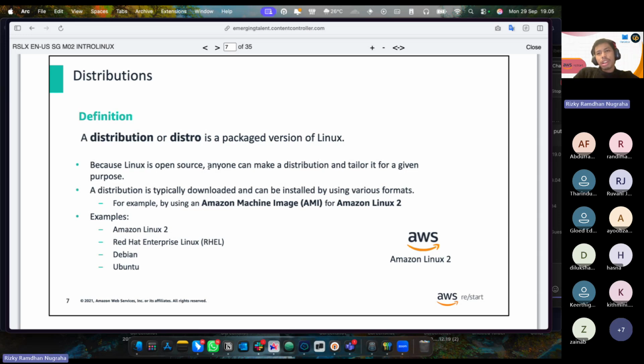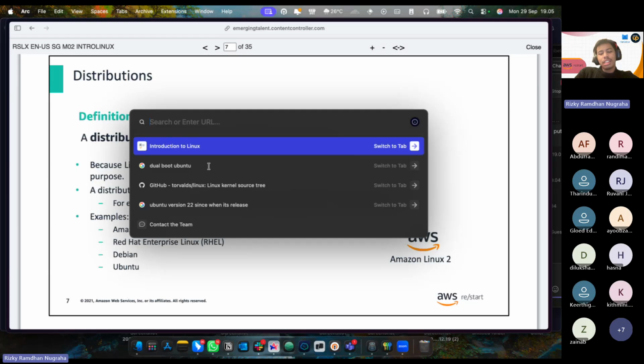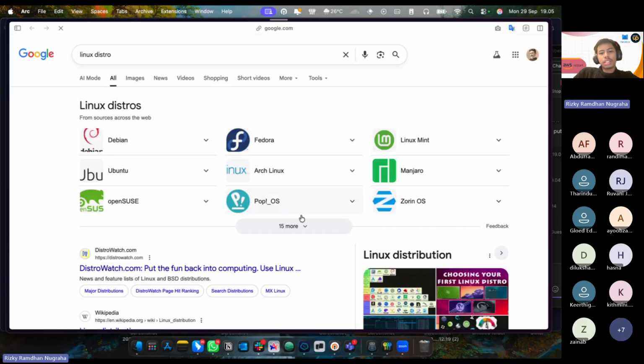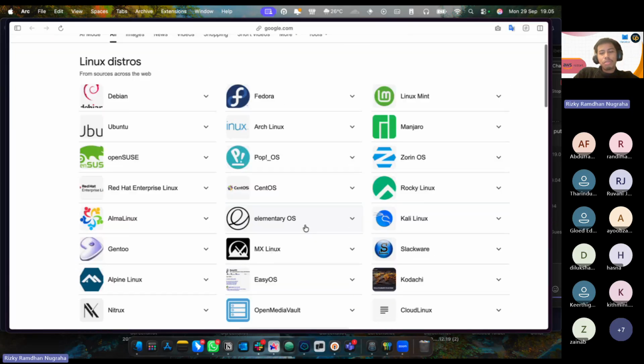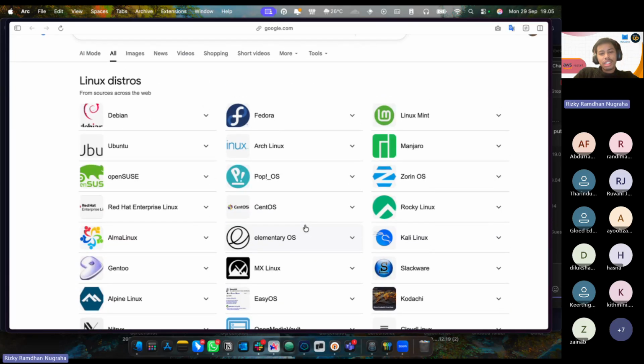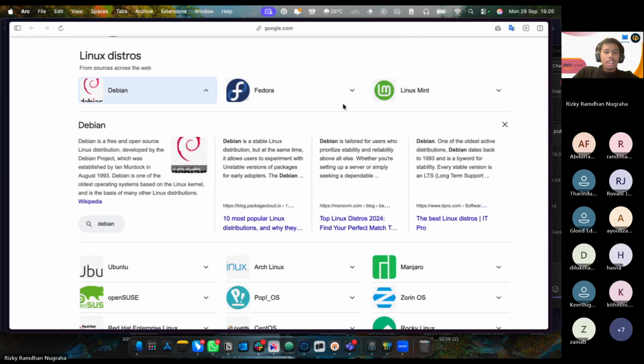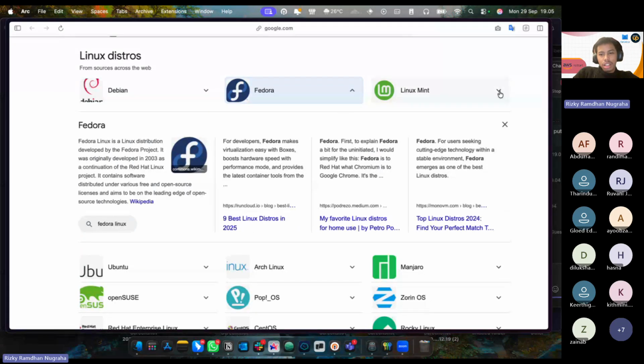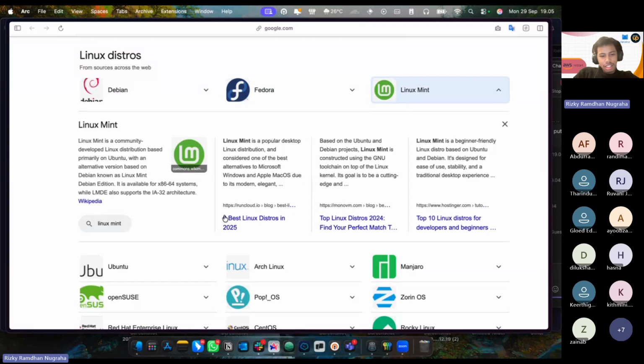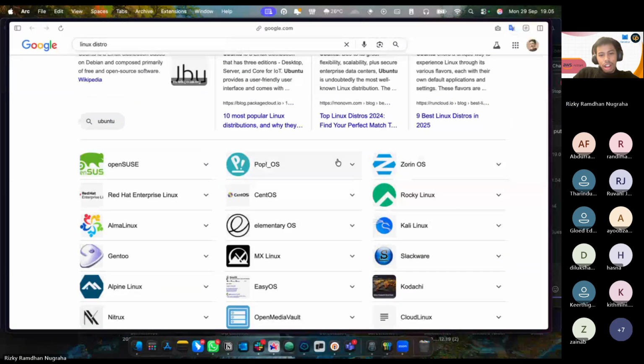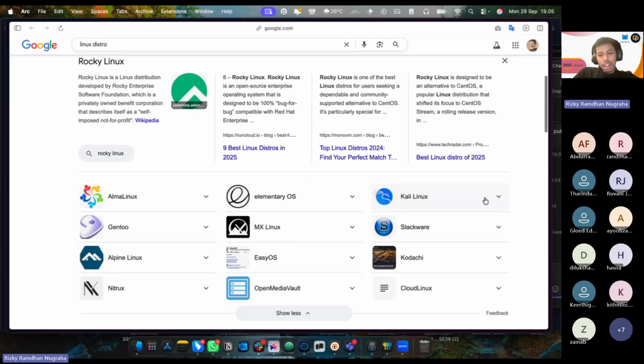So some people try to make Linux in their own version way. For example, Linux distro. So this is the type of the distro: Debian, Fedora, Mint, Ubuntu, Arch Linux, Rocky Linux, Kali Linux,